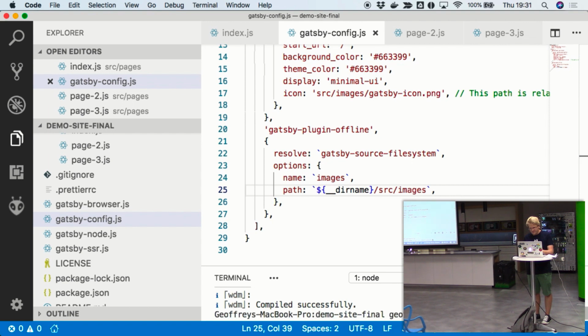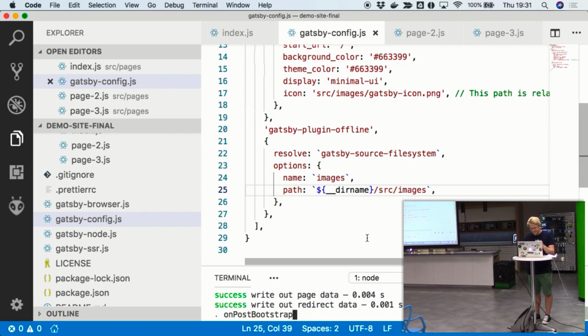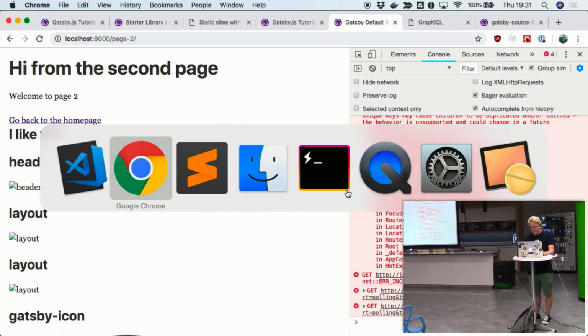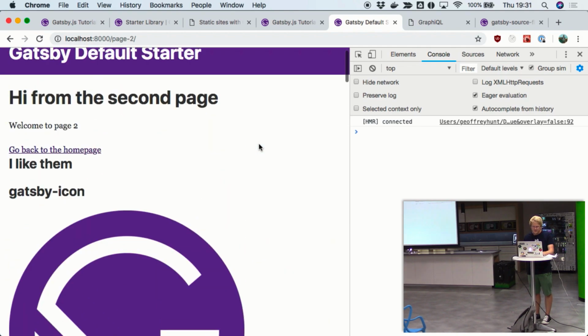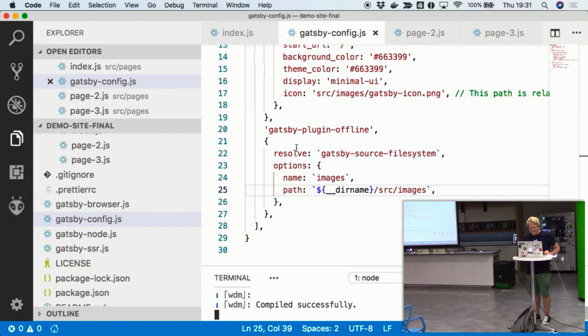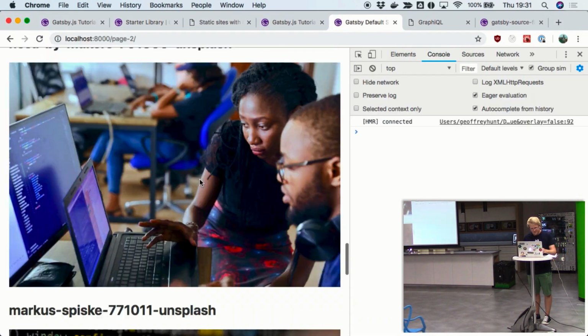Okay. And now it'll only look in the images for that, I think. Alright, so there we got the images. So just a bunch of random images.